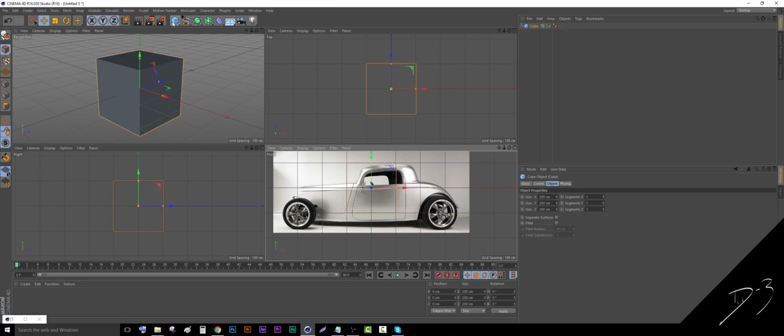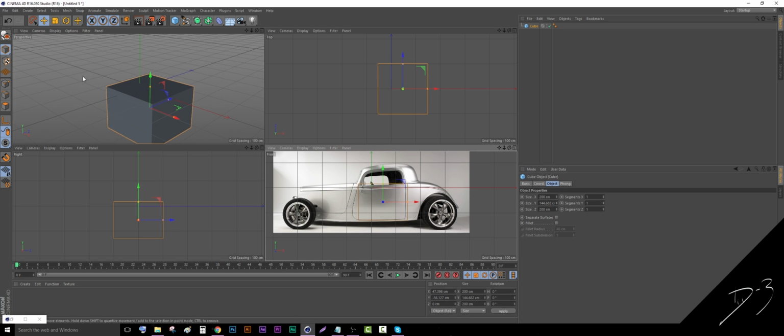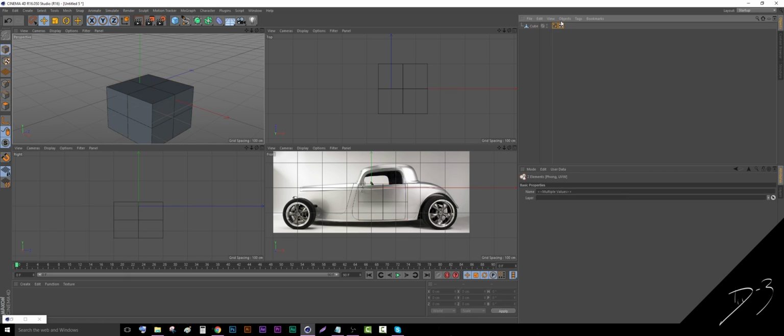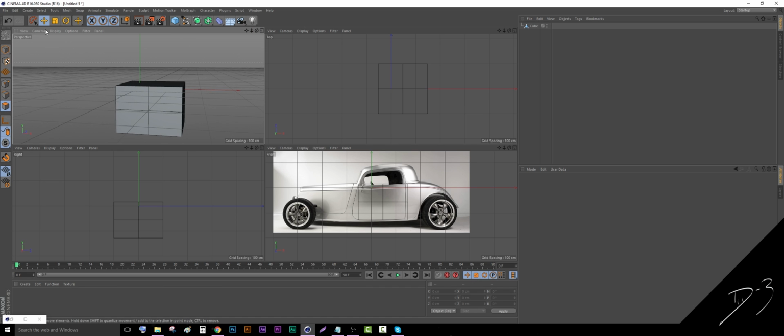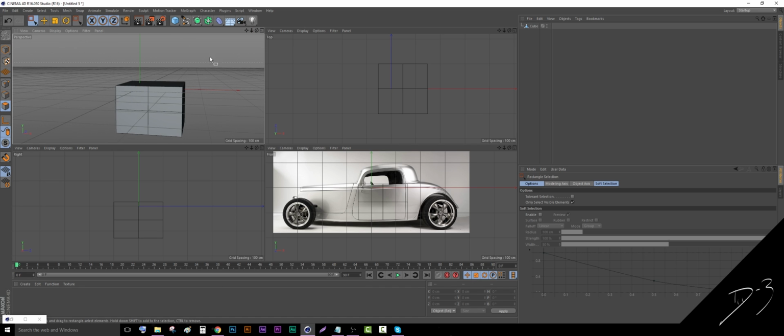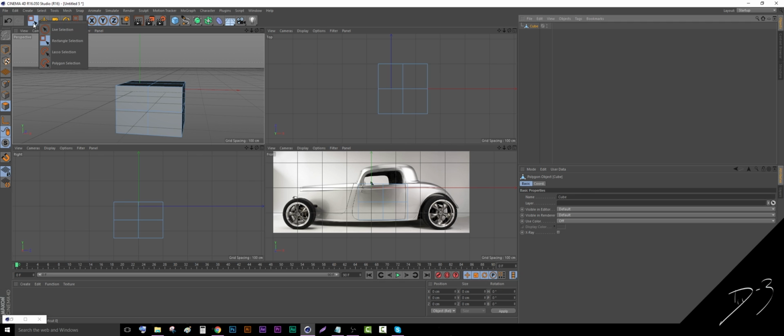So let's just start with a cube. Drop it down. Adjust the size of that. Let's make that 2 segments. We just display the shading with the line. Looks cool. I'm going to make that editable. I'm going to get rid of these tags. Let's hit our poly selection tool. We can grab our live selection tool, click our cube, live selection,